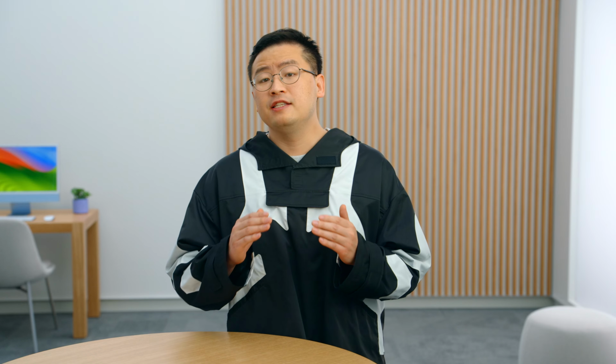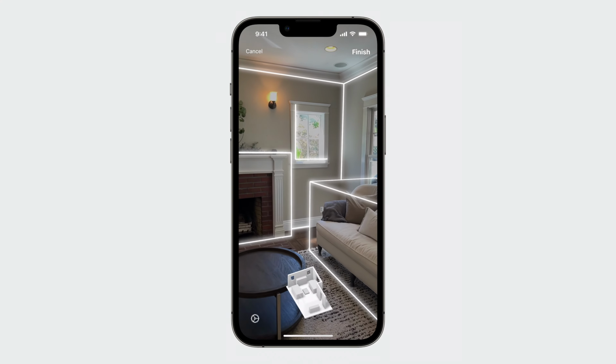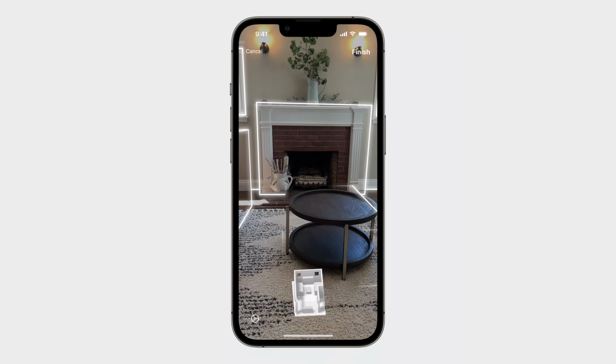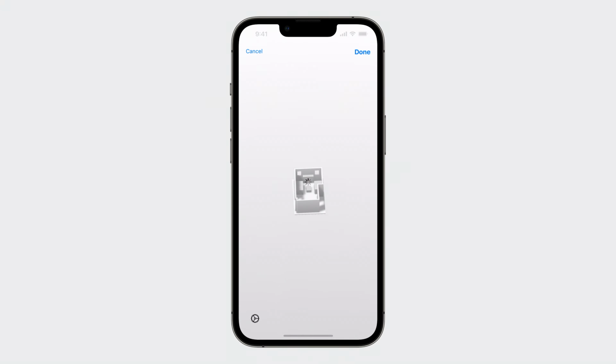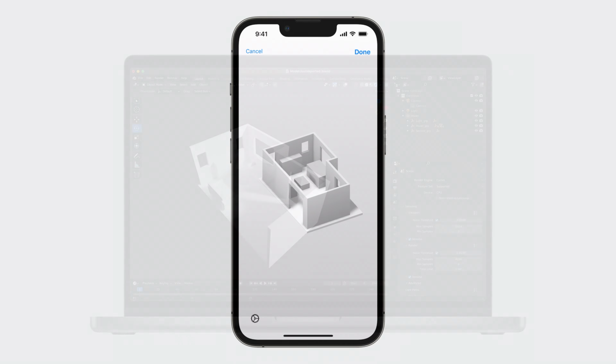Remember how I mentioned there is a backstory to the 3D room model I showed you earlier? Let's dive into the workflow that our 3D designer Jerry has used to create this 3D model. First, Jerry starts to scan his room by using Room Plan Sample application. After only a short time, he can preview the 3D layout of his room or export and drop a USDZ file right to his Mac.